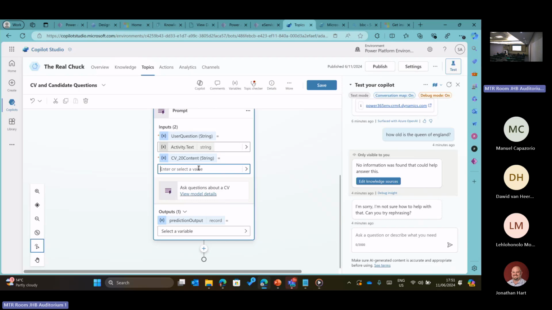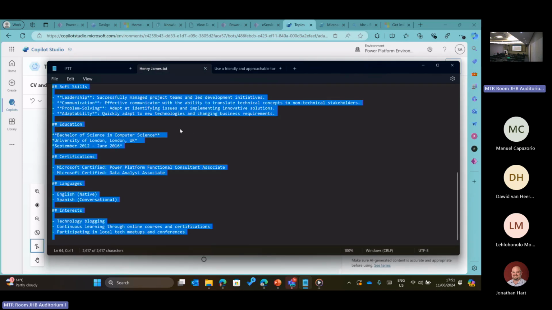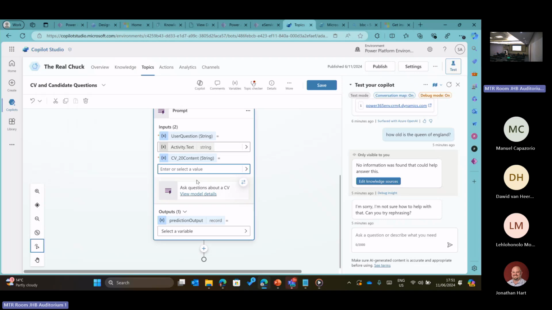Now, typically, obviously, there would be a step before this where I'd actually go and get the content of the CV. And depending on the scenario, would depend how you do that. But just for demo purposes, let's jump here. I made up a CV for this person called Henry James, who speaks English and Spanish and has a few certifications and some education history, etc. So I'll just paste it in here, but it's not really what you should do. And then the output,